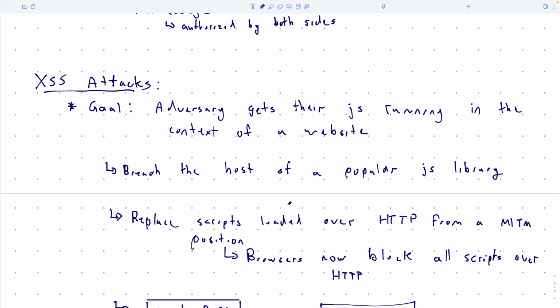Then when another user came to the website and said, show me the guest book, right? It would take all the entries from the database and dump them inline in the HTML website. And so when it hit that JavaScript, you would wrap it in a script tag. So instead of posting, hi, it's Jeremy from Montreal, you would say script, you know, blah, blah, blah, /script or whatever. You put it there, and so it would get weaved into the content of the page. And then the browser would hit that tag and say, oh, I'm supposed to execute this script now, right? And then it would execute. It's executing in the context of that website, right? And it will do whatever the JavaScript tells it to do, okay?